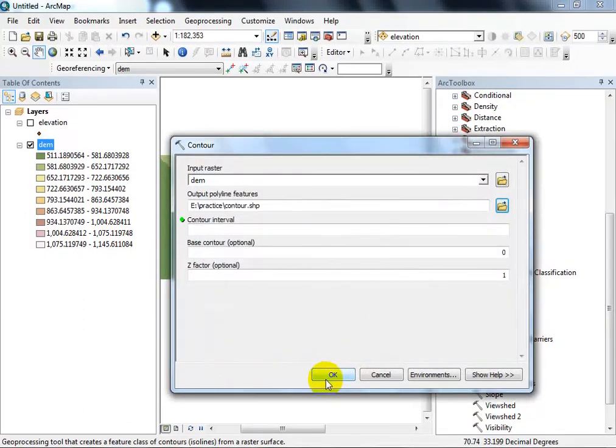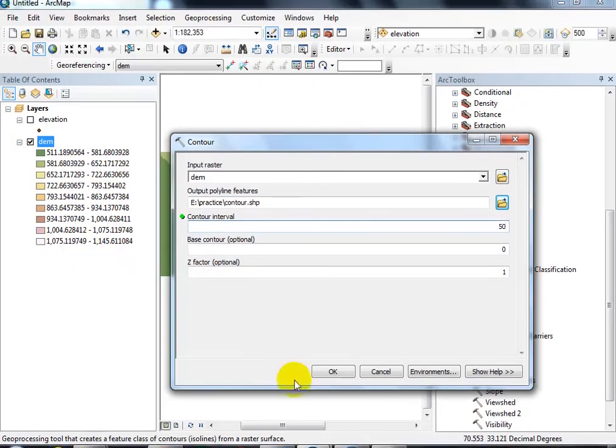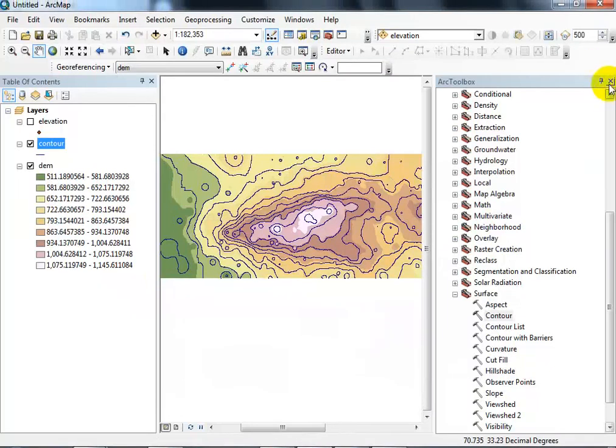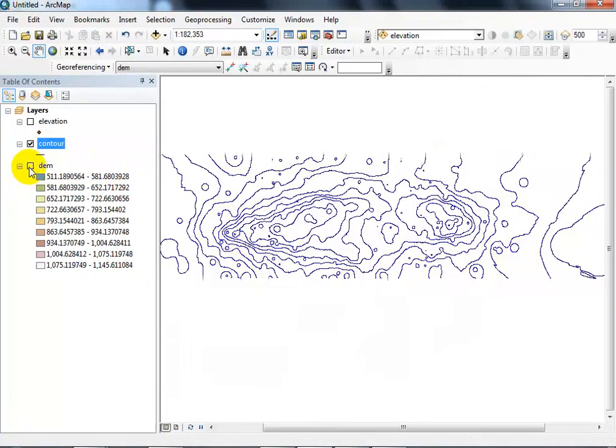Click OK. Now here, first of all, check the maximum and minimum values. According to that, you will make your contour map. I'm just giving it according to my values. So I will give it 50 interval. Click OK. Here you can see the result. The contours are here, and if you want to check the values, right click on the shapefile